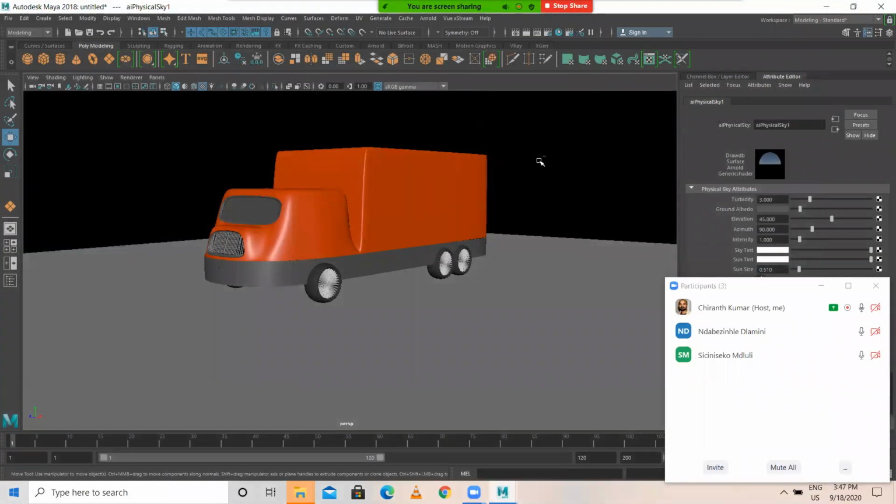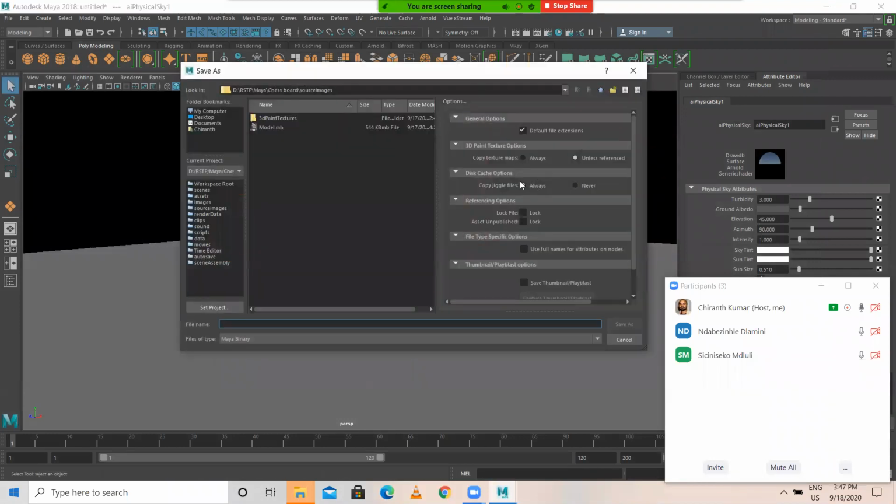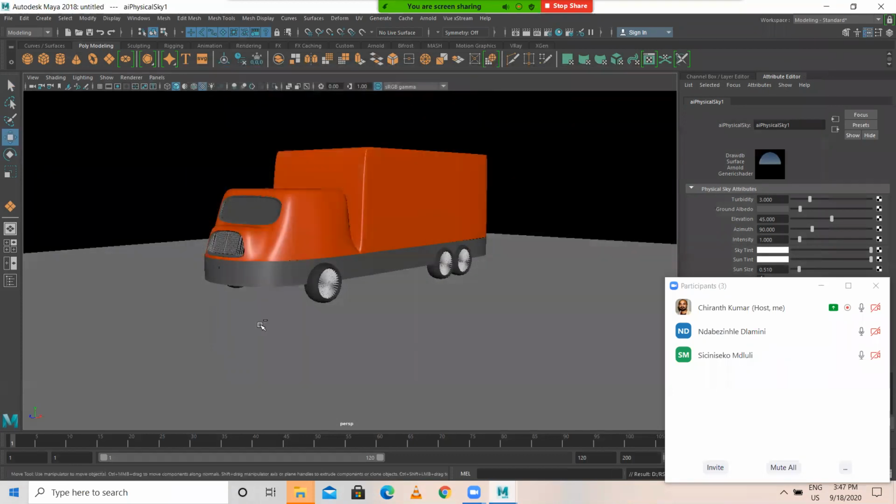Okay, guys, try this. Wait, sir. I noticed that, I tried the ocean shader thing that we did a few days ago, and I don't know if it's something that I'm missing, but when I try and render it with an Arnold sky, it doesn't show.